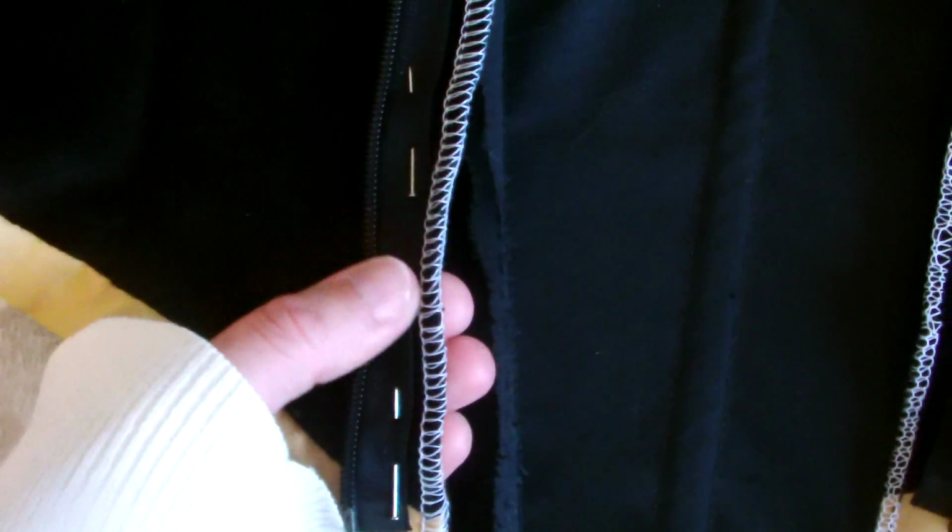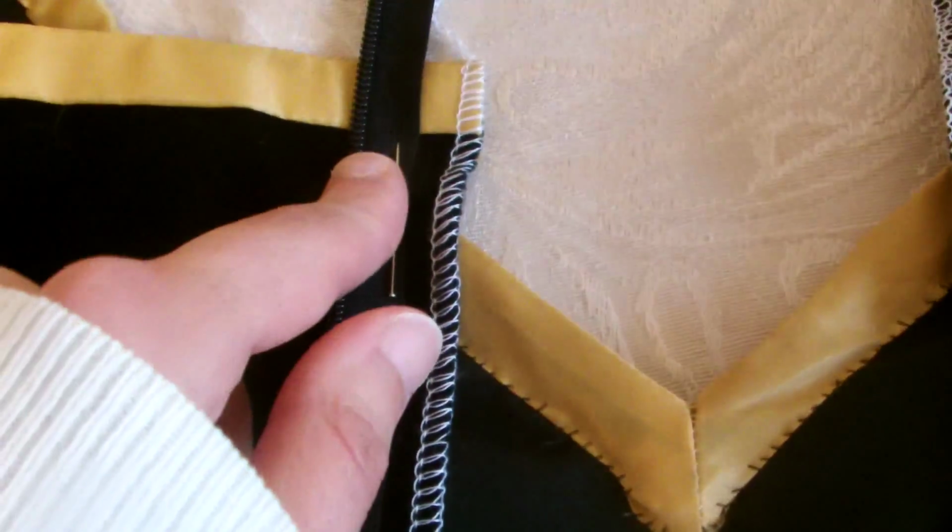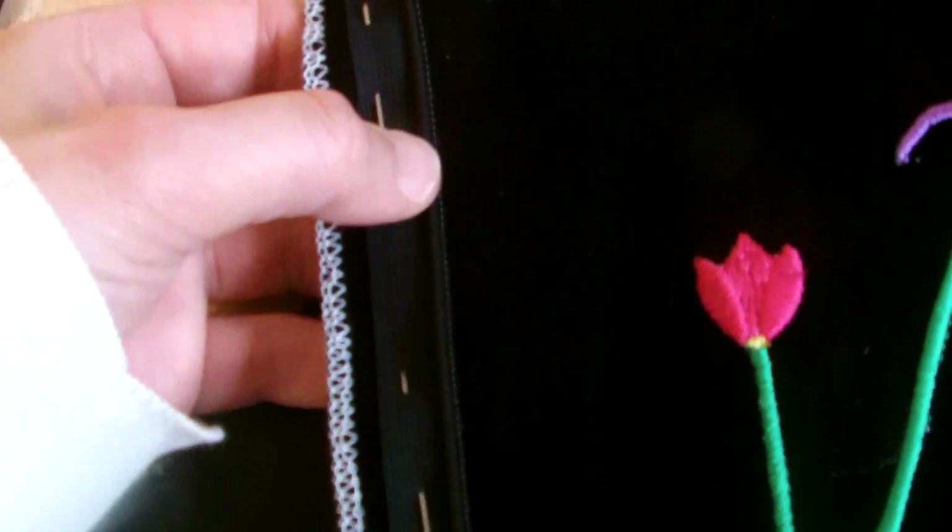Okay, like I tried to explain earlier, we're not quite 100% on if we're doing this right, but we think this is the way to go about it, following the same principles of putting in a normal concealed zip with a closed end. So you take one side and you can see we've just pinned it in place, roughly about this distance from the edge, and then a similar thing with the other side, making sure the teeth on this side are pointing inwards. Make sure your zip starts again roughly the same distance from your edge as you have on the other side,